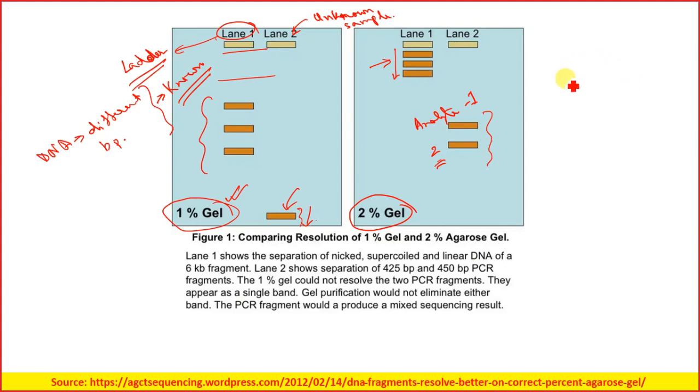What I mean to say is that if you have two analytes A and B which are present very closely, and the molecular weights of A and B are pretty close, and if we run the gel using a higher percentage of gel, then we may be able to resolve these analytes using gel electrophoresis.